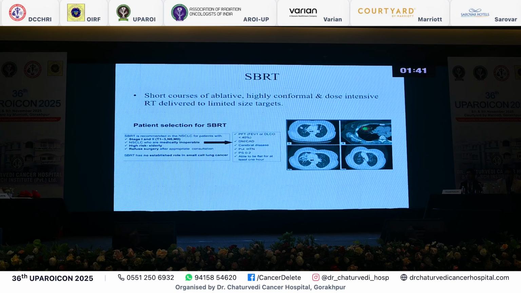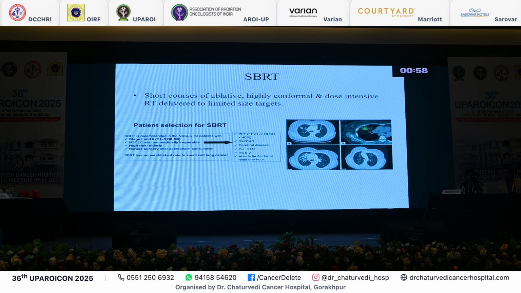Another treatment technique that has made a tremendous change is in stage 1 and 2 lung cancer, where we can match eyes with our surgeon colleagues, as we are producing results equivalent to what a surgeon could offer. It is a highly ablative, highly conformal and dose-intensive RT. When you go to a joint clinic, tell your surgeon colleagues, don't operate, I will give you RT. When we say we have an equivalent outcome and equivalent survival, they will be more than willing to listen to you if you are sure about your pathology. So first be sure about your pathology, then go to your colleagues and tell them that we can do it.